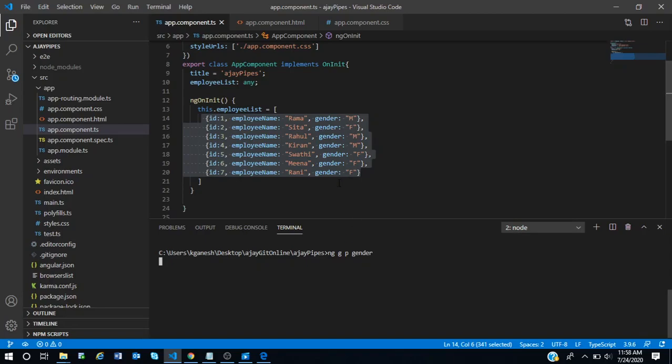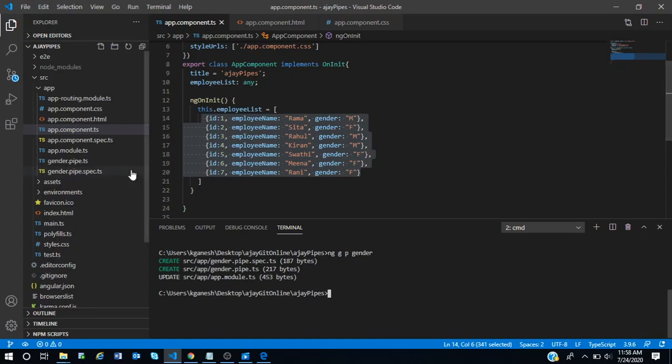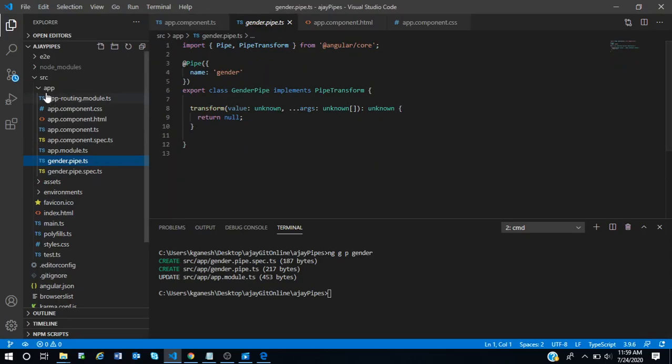So what is this pipe used for? We will discuss. As you can see, at the app level I can find my pipe. Its name is gender. This selector is very important. @Pipe is a decorator.